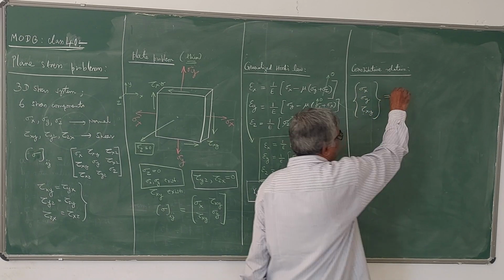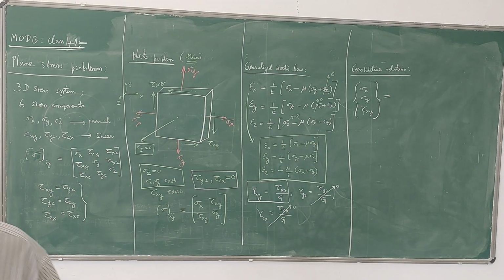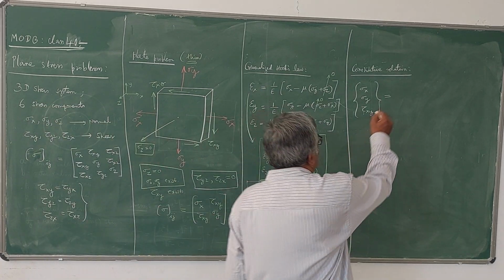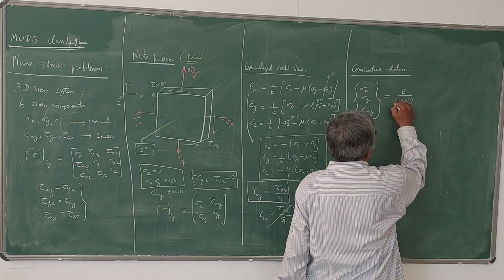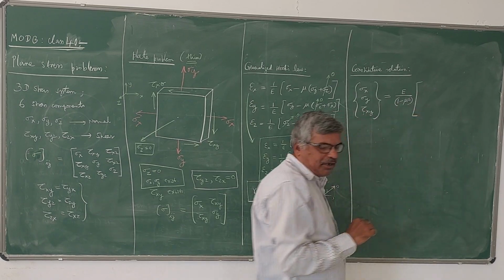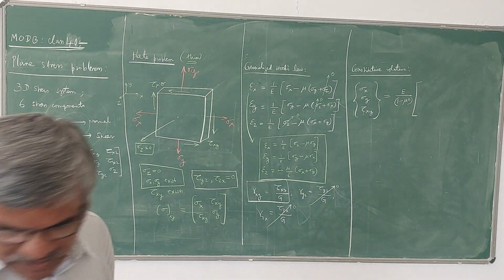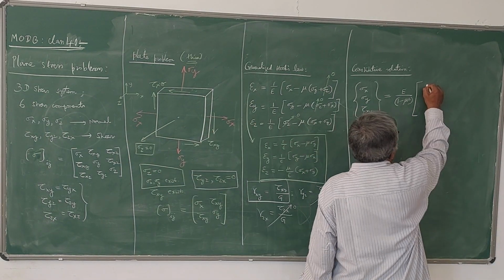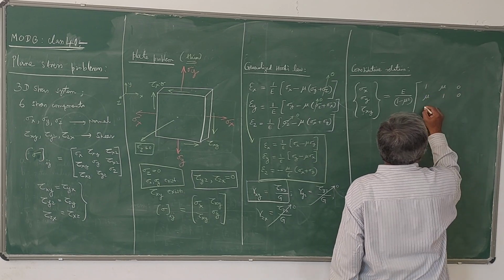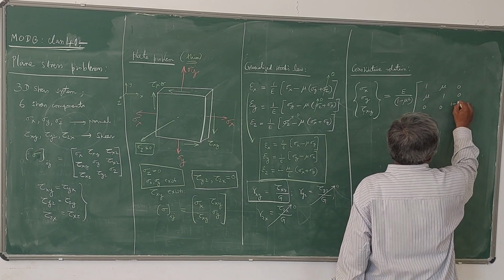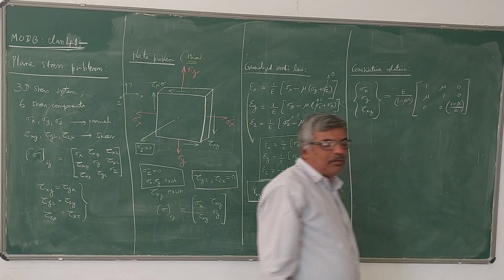This will be equal to some constant matrix, the material property matrix, E divided by 1 minus mu square, into the matrix 1 mu 0, mu 1 0, and 0 0, 1 minus mu by 2. This is the material property matrix